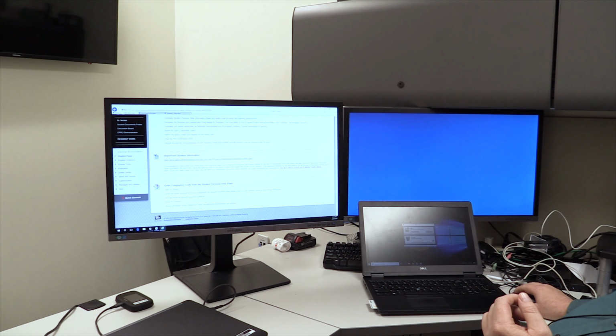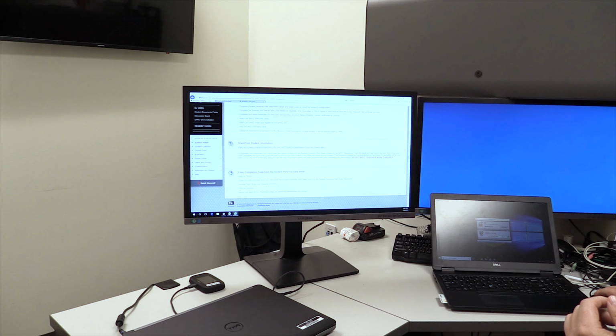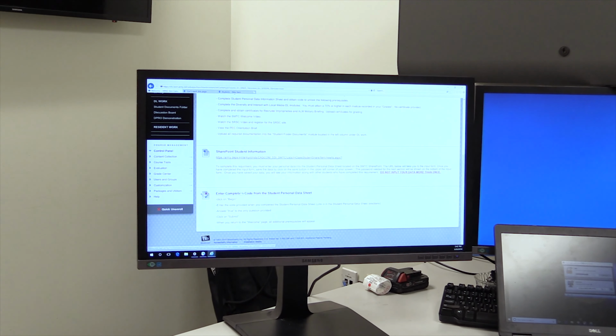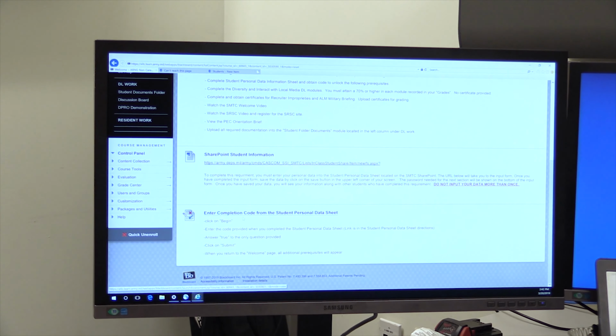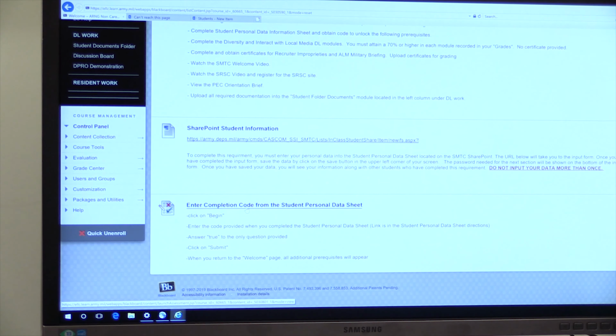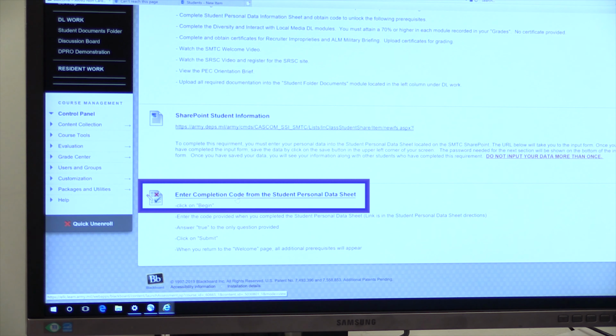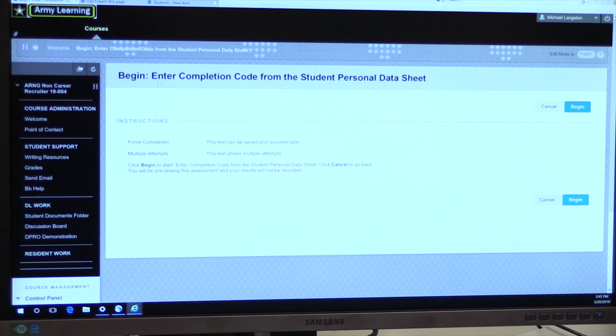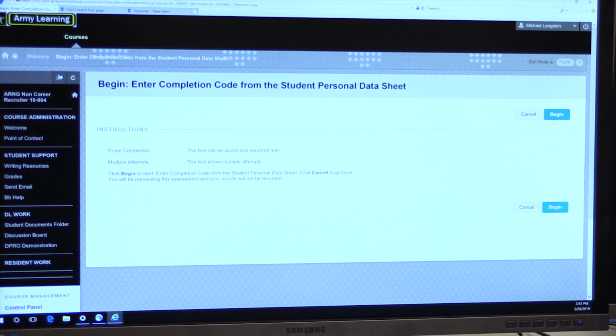Now we're going to go back into Blackboard. So what do you do with this password that you have? We have a lot of calls about that. Let's go back into our page. You'll see right below the SharePoint student information, you'll see it says to enter the completion code. You will click on the line, which is actually a shortcut that will take you to a very, very brief